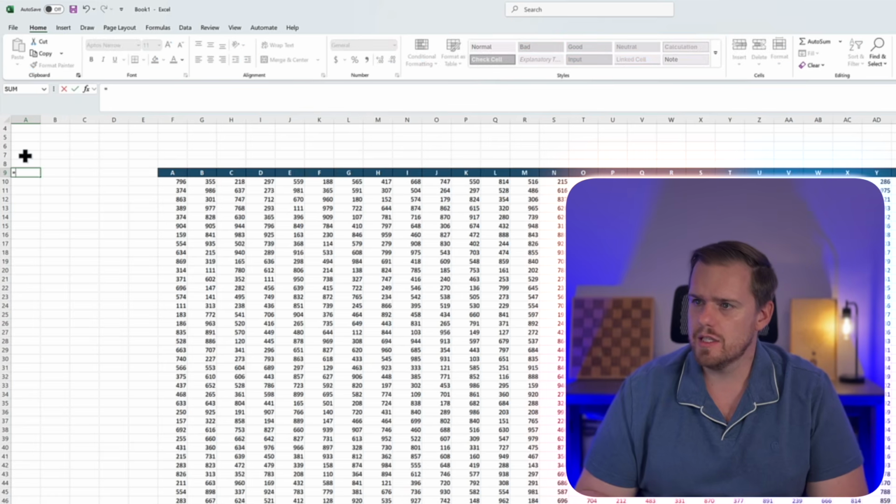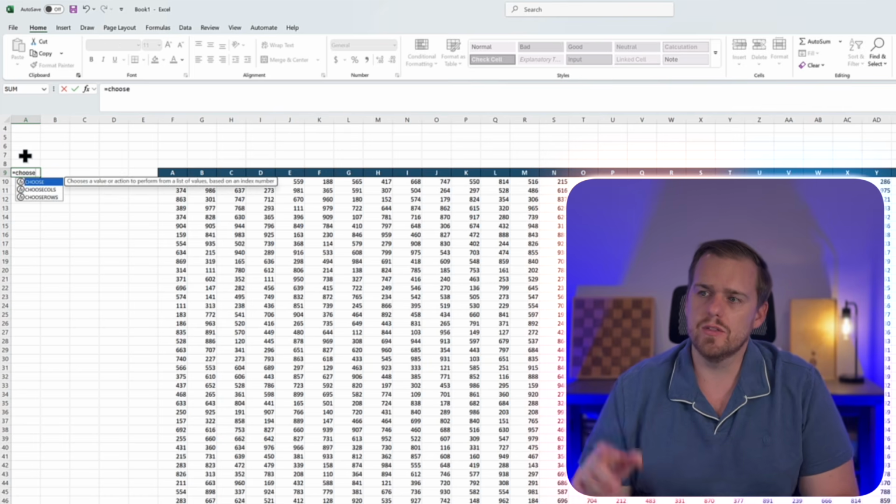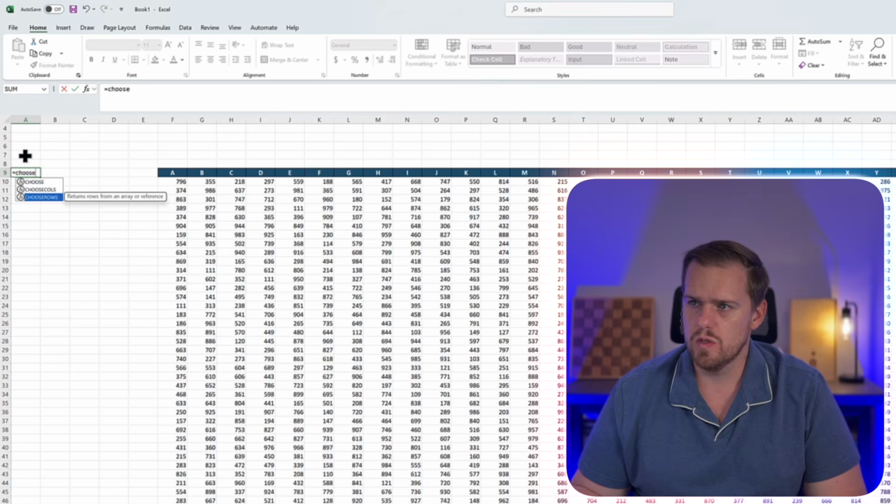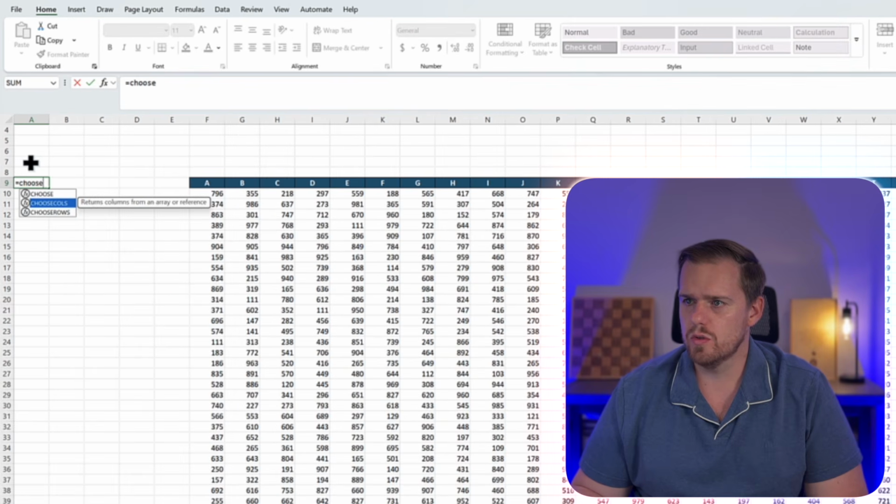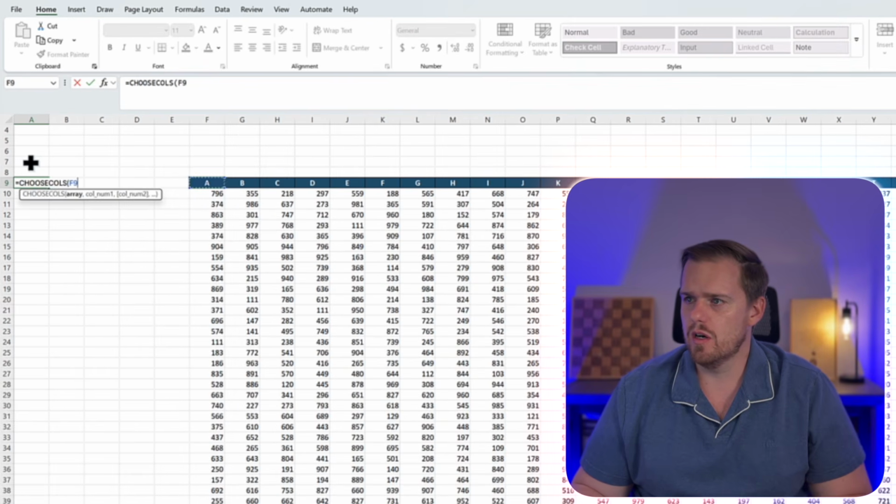Have you ever imported data and it has like 30 useless columns? Instead of deleting them manually, you can use CHOOSECOLS and TAKE to pull out what you want specifically from those data sets. Let's go ahead and take a look at this in practice in Excel. I'm going to press equals CHOOSECOLS, and you actually see as well we have CHOOSEROWS, but for this example, we're going to use CHOOSECOLS, and then we're going to select our array,